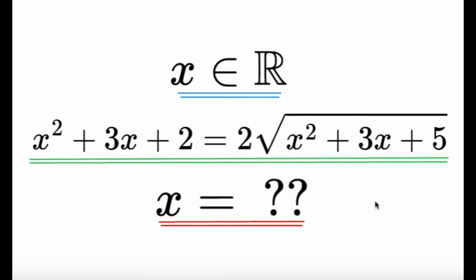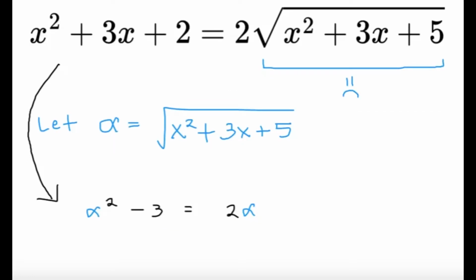Now, we can try to eliminate the square root by just squaring both sides, but it doesn't seem promising, because if I square both sides, I believe this is going to be a degree 4. If I square both sides and expand, it's going to be very complicated. So let's try to simplify stuff, and we can make a very nice observation that this square